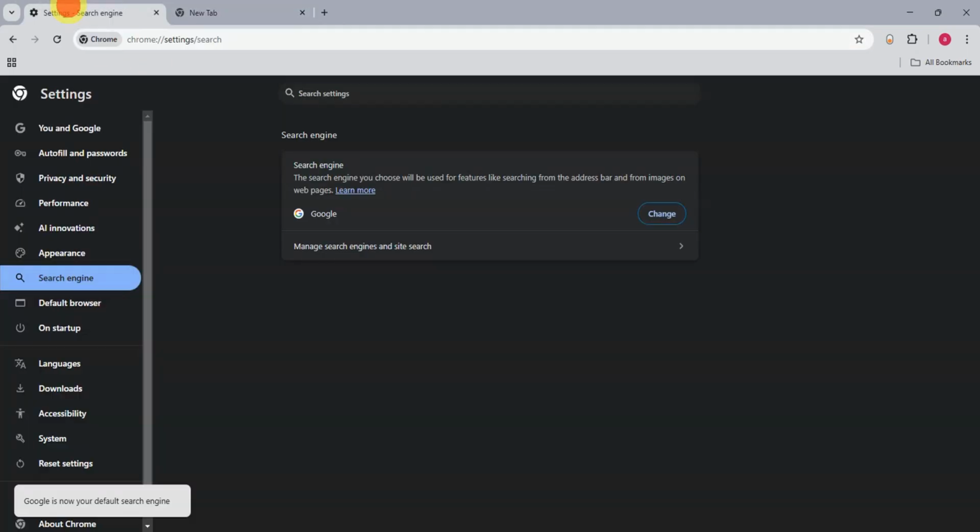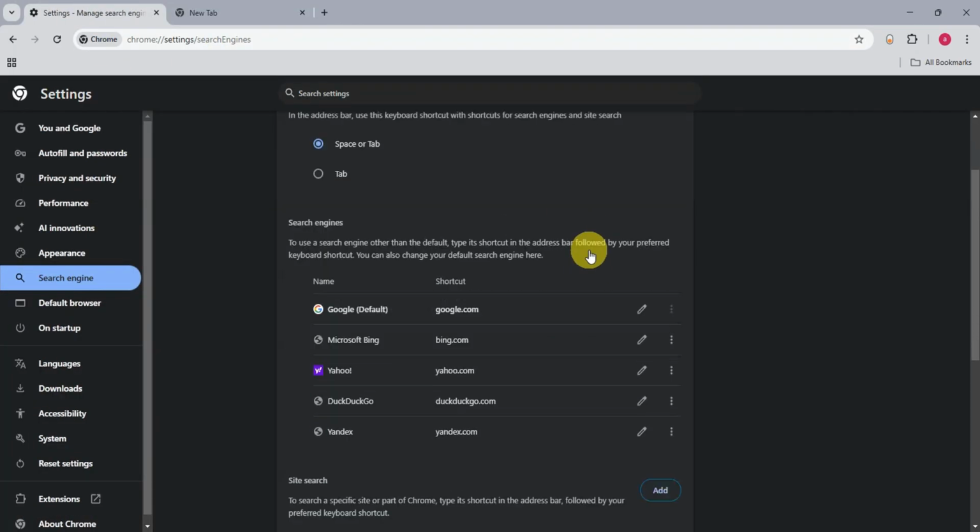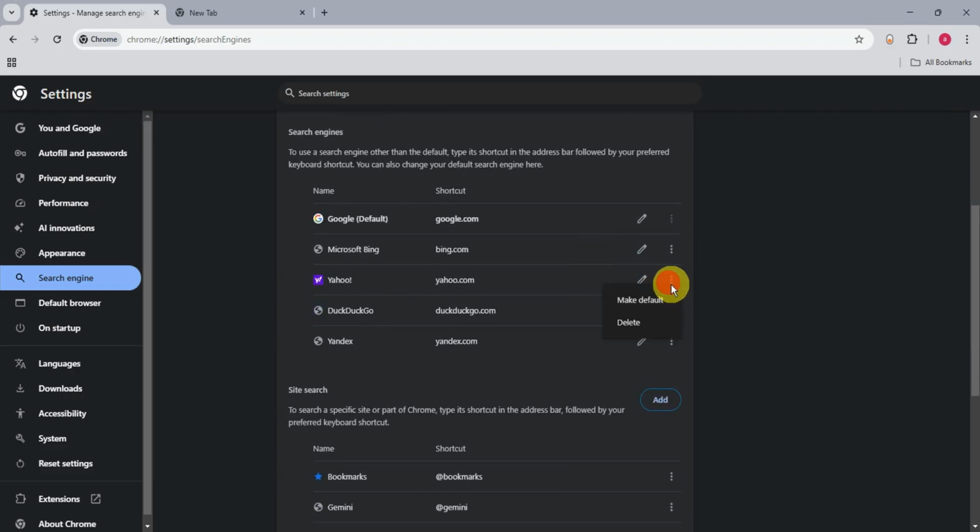Search. But if you want to completely remove that, you could manage this by clicking here and then right after, click on the three dots and there is an option for you to delete that. And that is just how easy to fix Yahoo keeps replacing Google Chrome or how to remove Yahoo search from